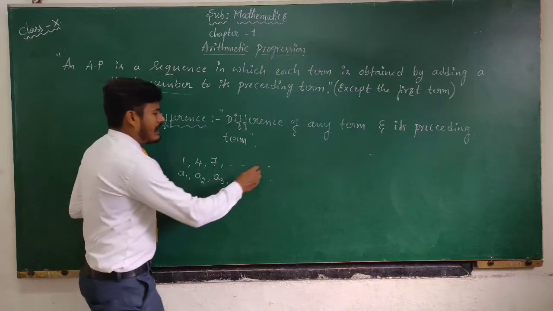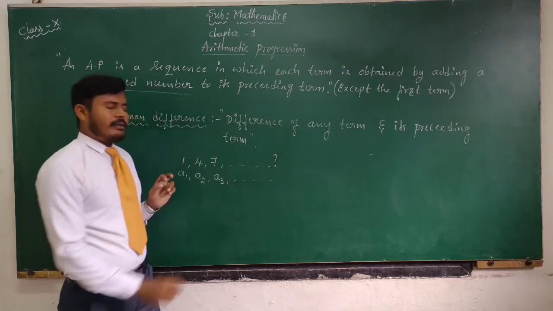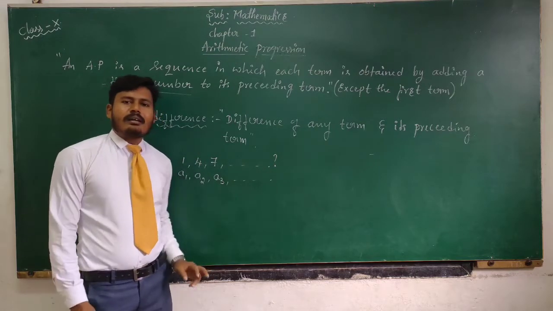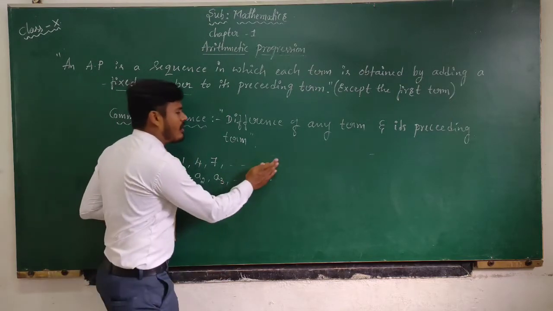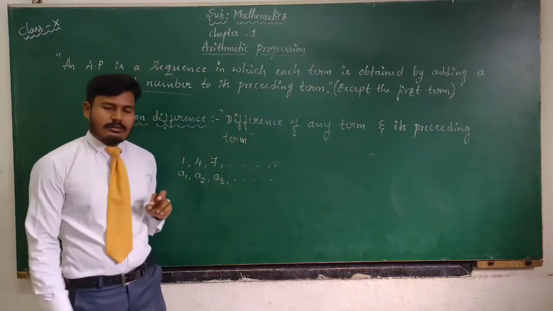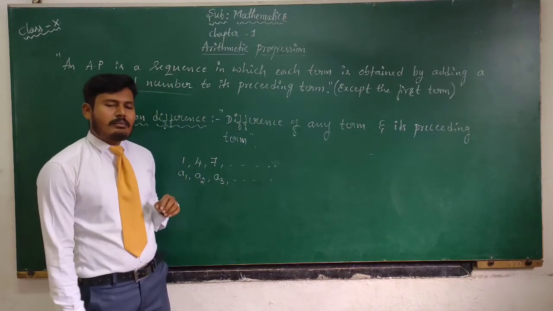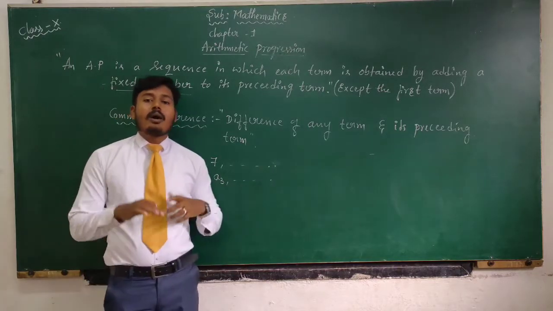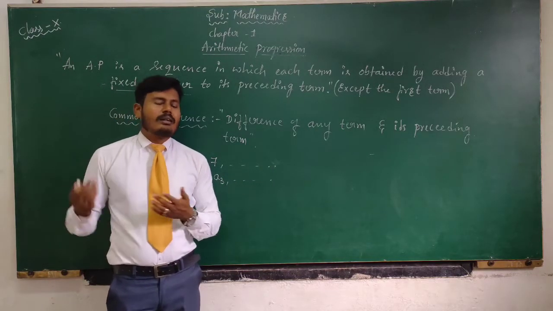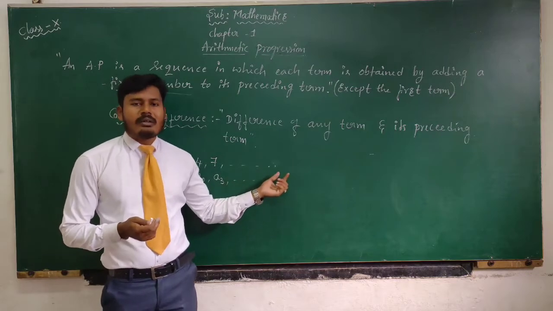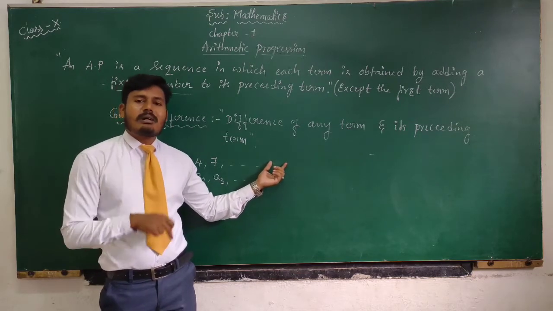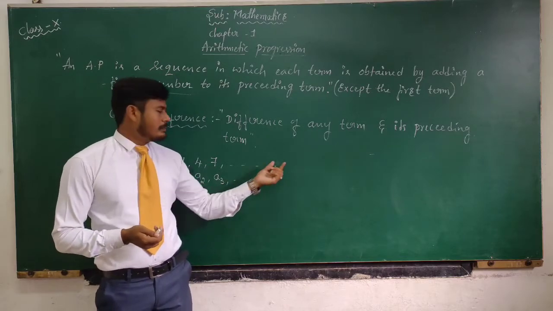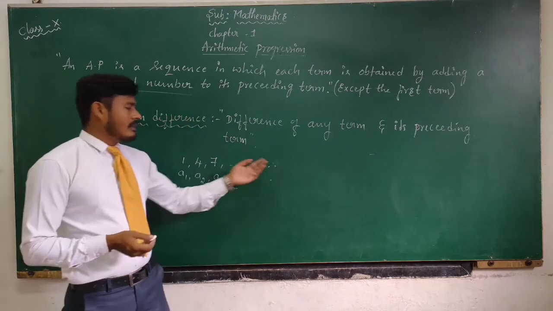Now consider any one term in the list of numbers. We don't know the position of that number. So how can we understand that number? It is called an unknown number, because we don't know its position, or we consider it the last number of the progression. Let me discuss that later.